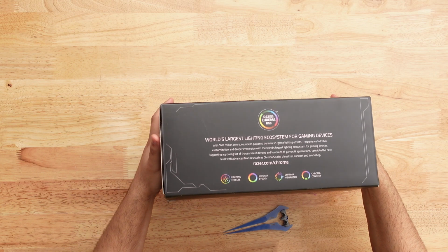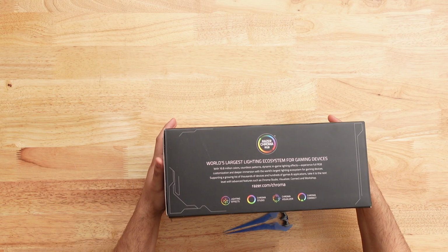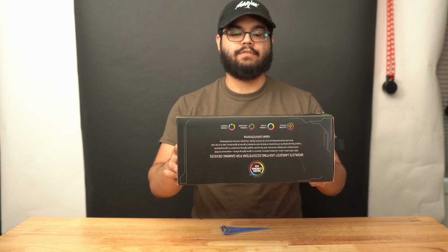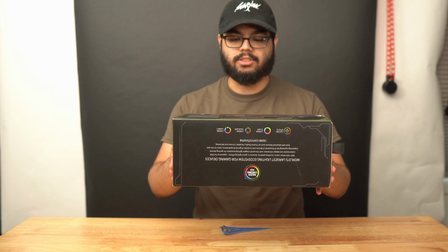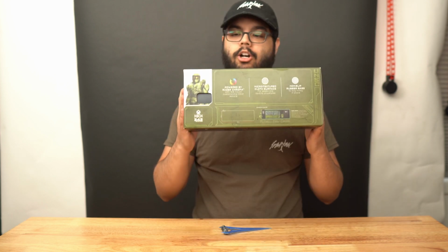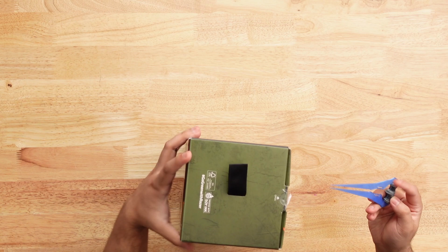It's the world's largest lighting ecosystem for gaming devices. It's got the micro-textured cloth surface, optimized for all sensitivity settings and sensors, a non-slip rubber base, and powered by Razer Chroma RGB. Let's start off by just